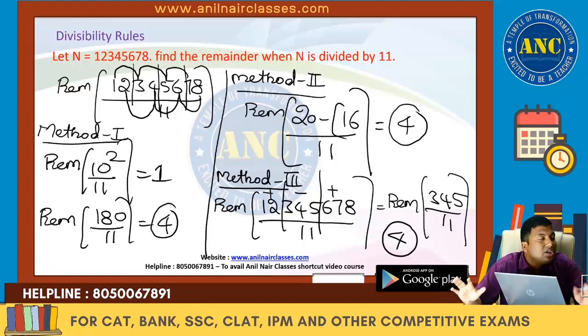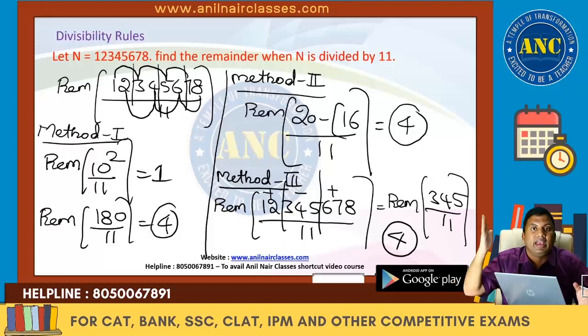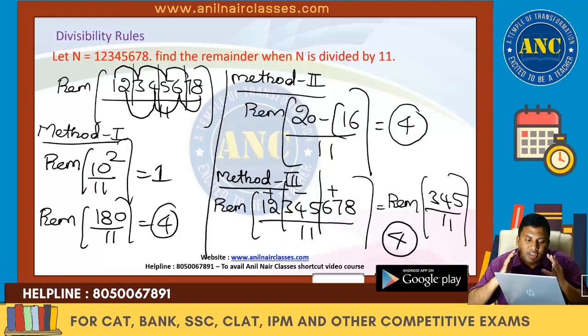3 methods, same answer. Generally in our school days only method 2 is taught, and most of the students tend to think that there exists only one divisibility rule for 11. Again I am repeating a most important key point. Divisibility rule for a prime number greater than 5 is not unique. For 2 and 5 it is fixed. Beyond 2 and 5, for any prime number there are many divisibility rules. This is one such classical example.